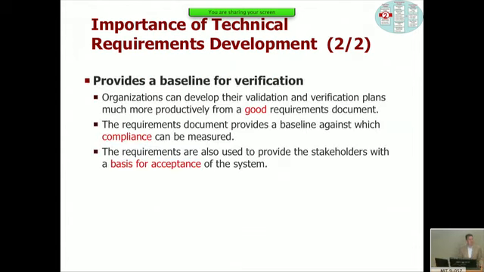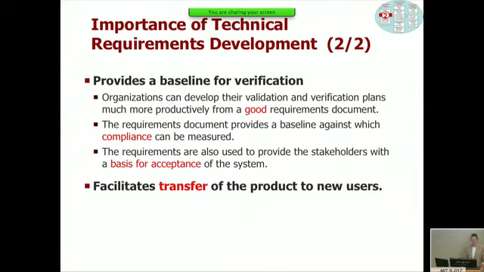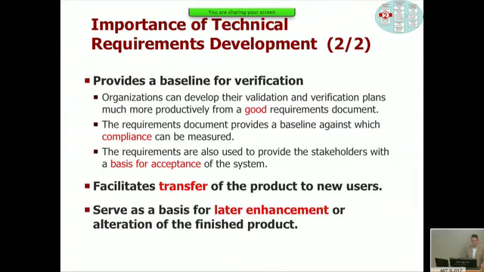And then the next point here is the requirements provide the basis for verification. In other words, the more crisp, the better written your requirements are, the easier it is to test the system and to check whether the system is in compliance with the requirements. And then eventually the basis for acceptance. Acceptance is also a big deal, right? It basically means I accept your design, I take ownership of it, and I say you as a developer of the system have done your job properly. And there's a legal transfer of the asset that happens. So it facilitates the transfer of the product to the users.